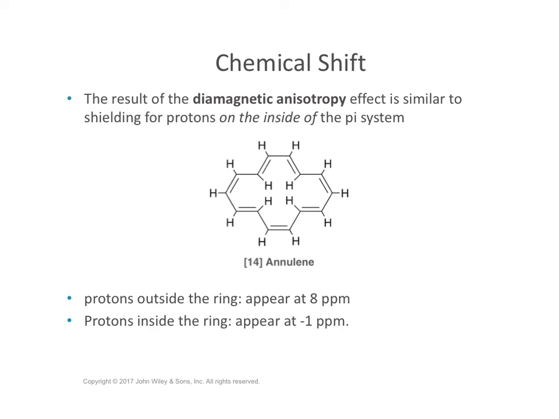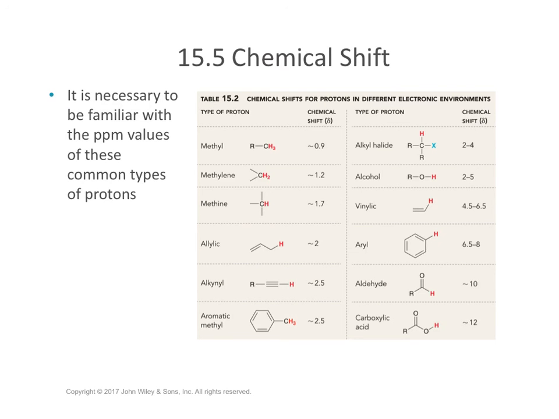The result of this effect is the opposite, similar to shielding, for protons when they're on the inside of the pi system. So here the protons on the inside of the ring appear at -1 ppm, where the ones on the outside appear at 8 ppm. Here is a handy table of different protons and where we expect to see their chemical shifts. And this is a very useful tool when you're analyzing an NMR spectrum and trying to deduce what type